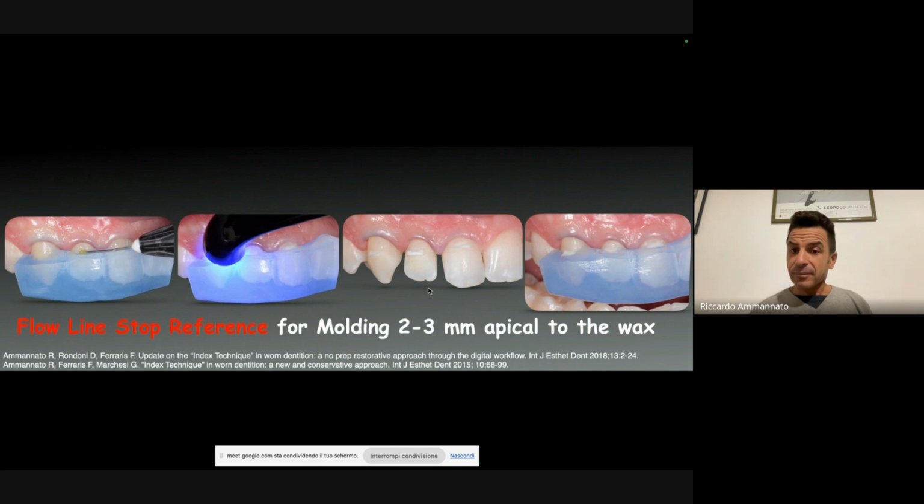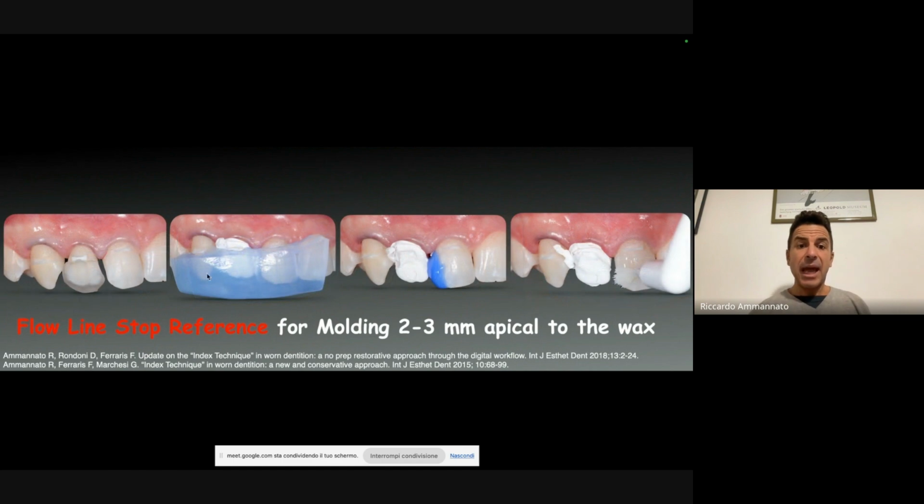Okay, so you see here I have my flow lines. So I will stabilize if and when I'm using my single indexes. And you see here I'm doing the try-in of this 3D printed key, and I'm checking that the index is kissing my stabilizer. Here I'm also playing with different options, just to share with you guys. So this distal part of the number 11, I will do it with this index, okay? And here I'm doing the adhesion protocol.